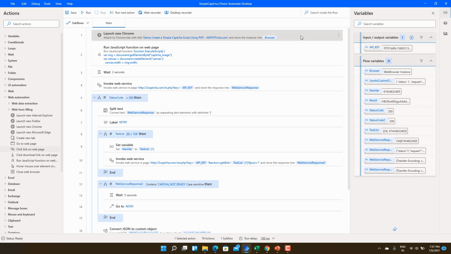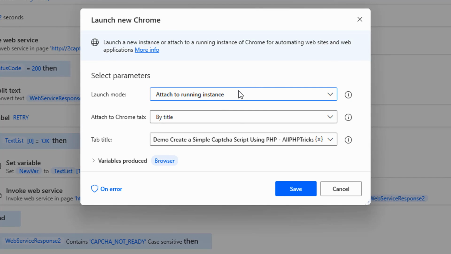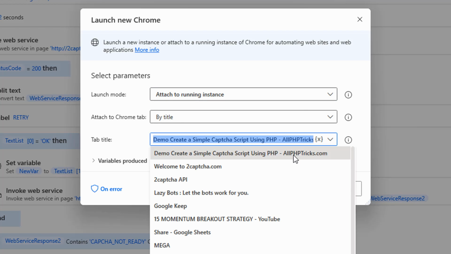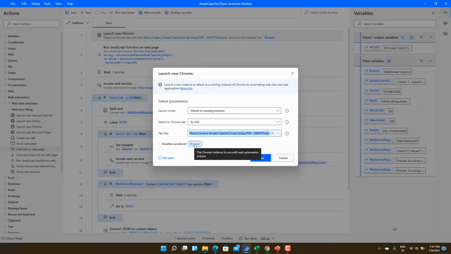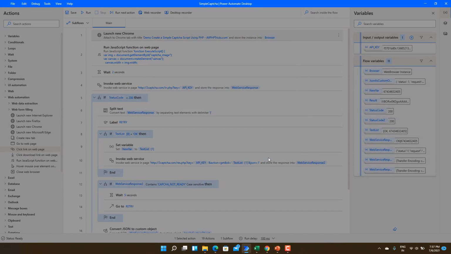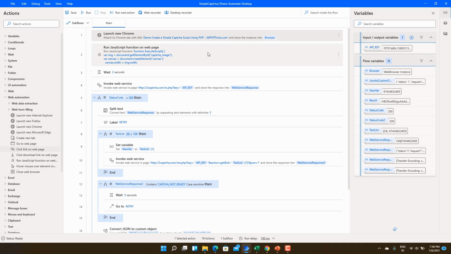For that I have used the launch new Chrome action, attaching to a running instance, and it is attached by title. I have selected the required title, and the output will be a browser variable, and we will click on save.